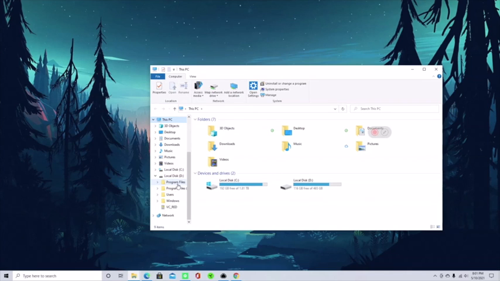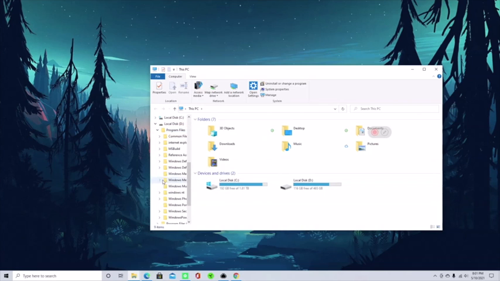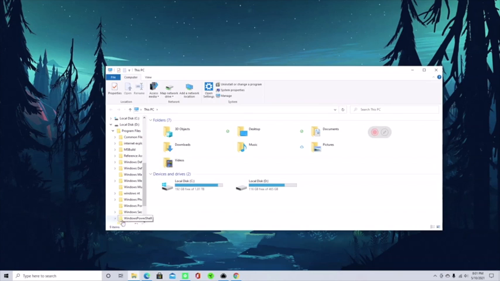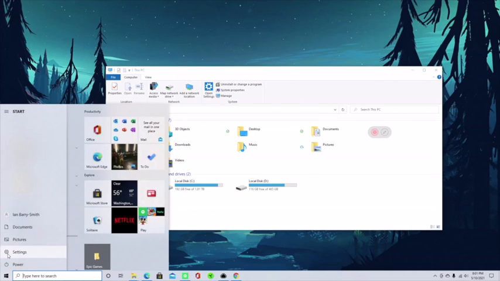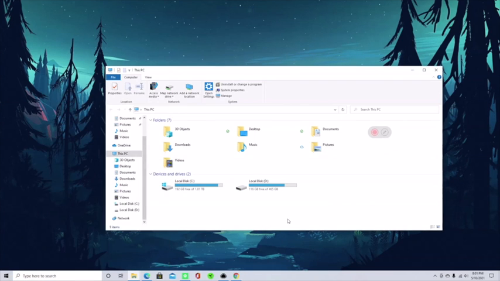How can you tell which one to delete? Well, you're probably going to want to simply look for files on it that you know are going to be on the SSD or hard drive you're going to want to get rid of. As I've already done that, and I've already located that this is definitely the one I want to get rid of. Also, what you can do is you can go to your settings, and you can look more in depth on what's on the hard drive to see if it's the one you want to delete. Or